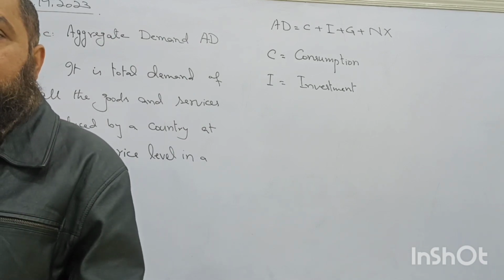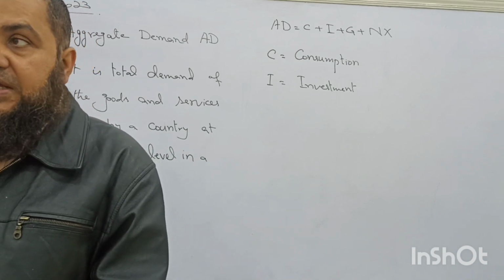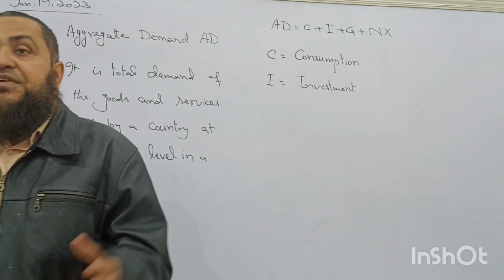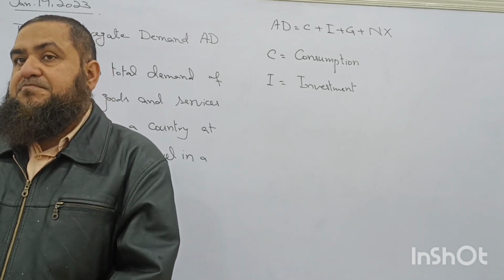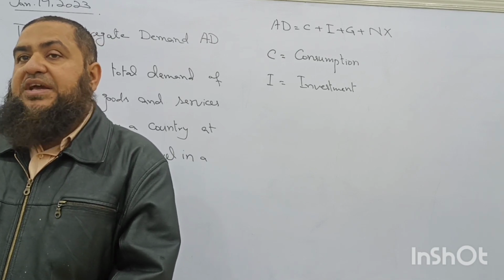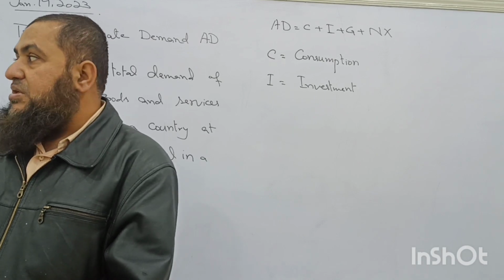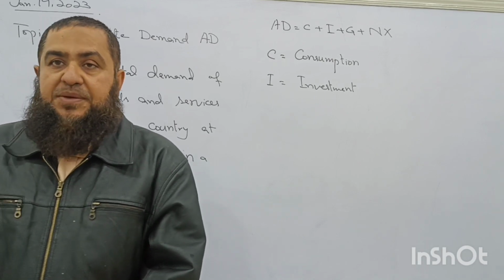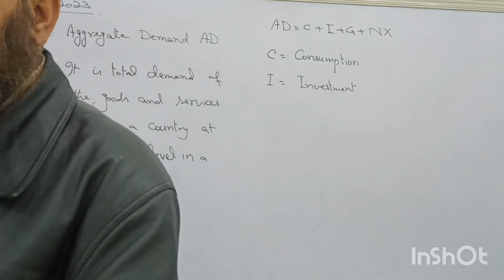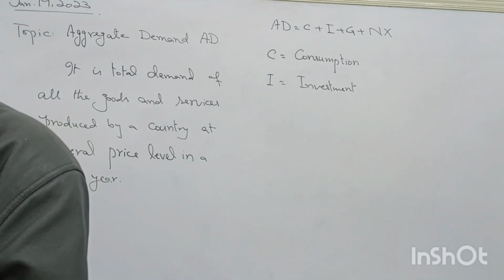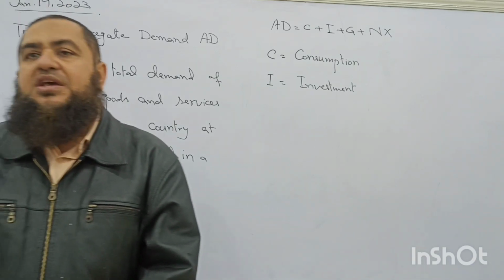Investment is the demand for producer goods, the capital goods, in the form of the creation of new capital goods like machinery and factories, which will further produce goods and services in the economy. Sir, the goods that are imported and consumed by the consumer? They are not part of our aggregate demand. Imports are not part of our aggregate demand. This is totally domestic goods and services which are produced. So investment means the demand for capital goods, equipment, factories, and machinery, demanded by the producers to have more output in the coming year.